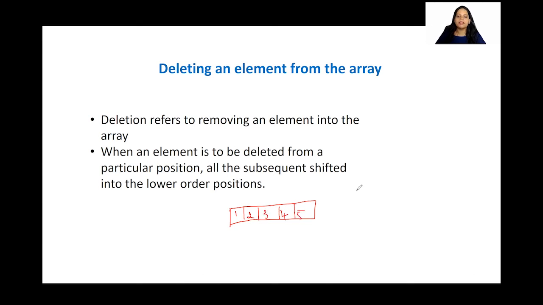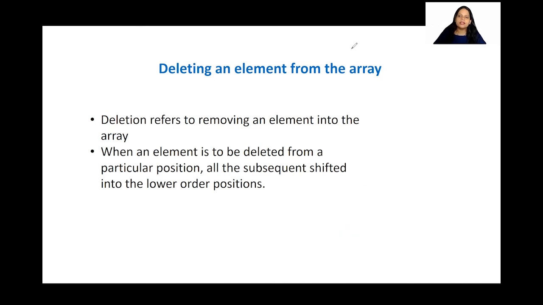In that case, always remember, I cannot leave an array empty like this. I cannot have one blank in the middle. I cannot have something like this. I have to fill them. So if I'm deleting this 2, I'm going to remove it, and then shift the rest of the elements to the previous position. This is how a deletion is going to work in an array. After deletion, this array is going to look like 1, 3, 4, 5. There is going to be an empty space over here.